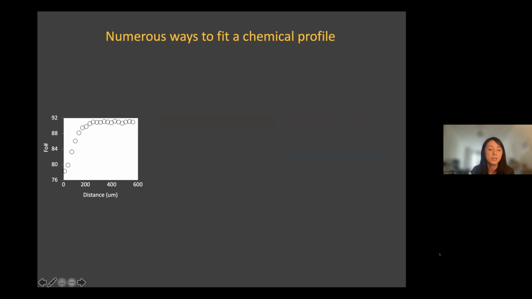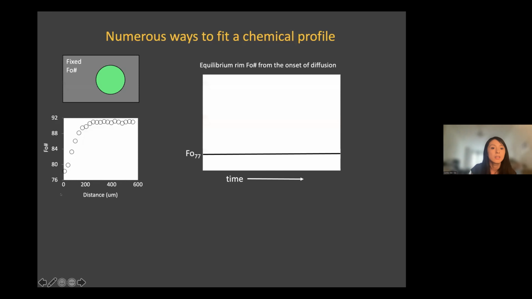Shown here is an example of olivine zoning going from 0 at the rim to 600 micron at the core. This is data that's taken from Uza et al. 2015. Plotted on the y-axis is Fo number. So the first way that I would model this is